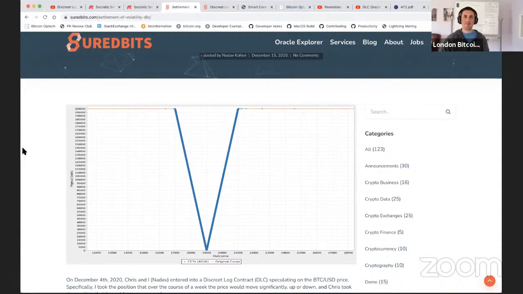Yeah, I mean, it sounds a bit esoteric, but anybody who's followed derivatives in financial markets knows that in the fiat economies, this is billions and billions of dollars traded every day on price volatility of various assets. But as you say, Chris, the big difference, at least with how DLCs are set up now, is that we do have that limited collateral within the DLC. And so you can only lose the collateral that you post.